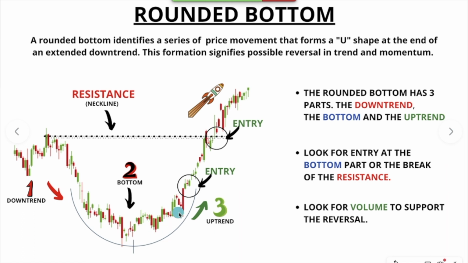So with the rounded bottom, you have two possible entries. Your first entry, the safest entry, would be at the break of the neckline here, right over here. This would be your safest and first entry that we would always recommend for you to get in. That's where the breakout is happening, and that's usually where a lot of momentum comes in, to where price continues to the upside. But you could also, if you're willing to risk,